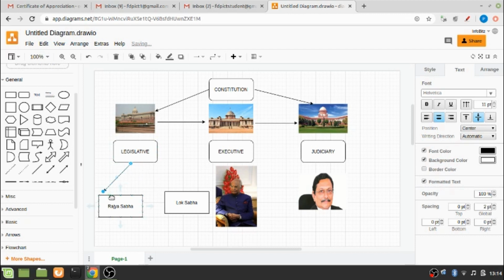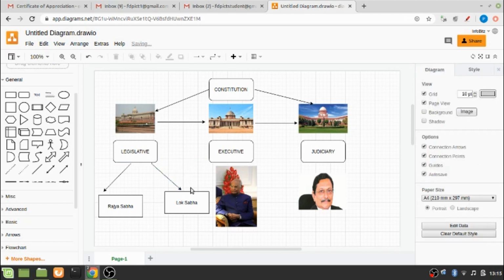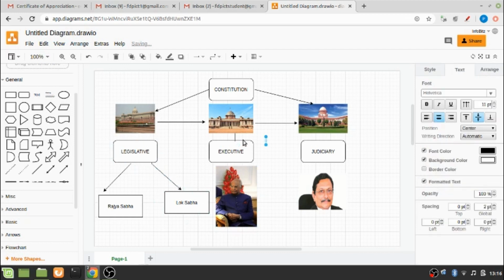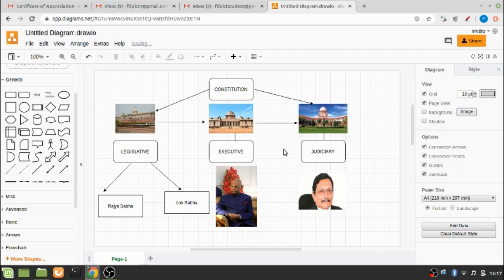The same way I can join other parts of the diagram as well. So like this I have connected this segment, and made the necessary modifications to this segment as well. So now my diagram is ready, and I can do some beautification with the diagram.